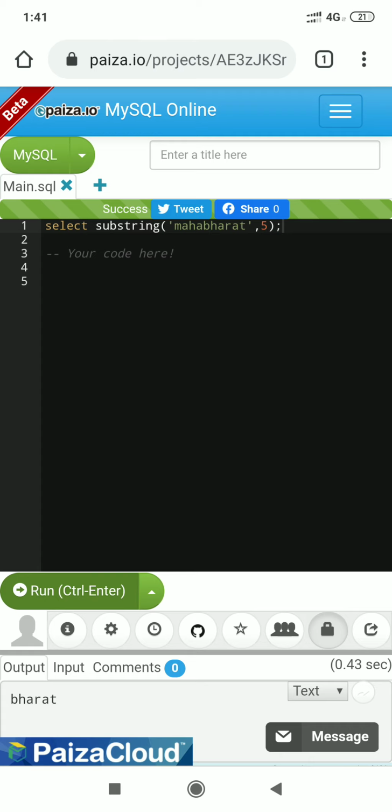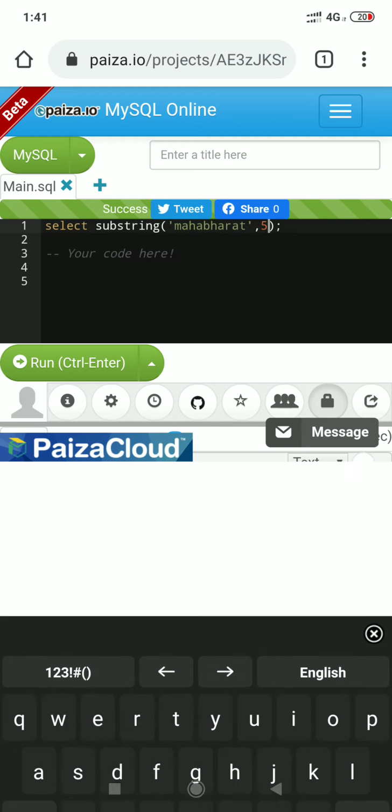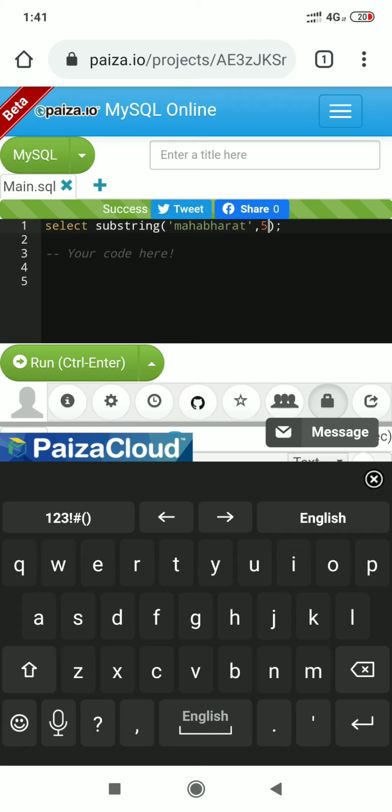Because we have mentioned 5, from 5th position from the left side. M is at 1, A is at 2, H is at 3, A is at 4 and B is at 5. So starting from 5 till the end position, because we are not mentioning the ending position.